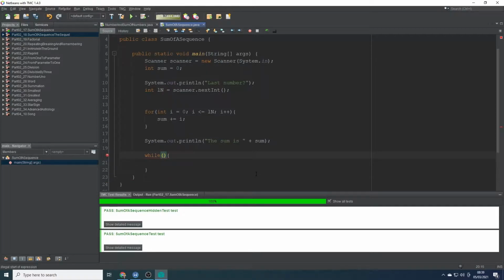So while, we can say ln is less than or equal to 0, and then we can do sum plus equals an I. So what we could do here is change this 0 for a count or an I. So let's say comma count equals 0, and we can change that 0 to count, and we can change this to count as well. So sum plus equals count, and then when that's finished we can system out